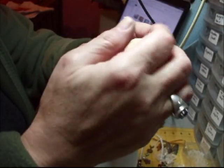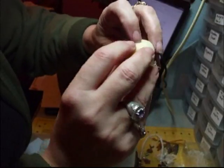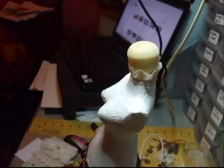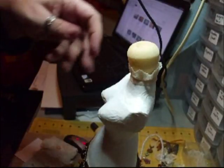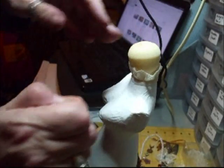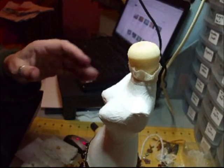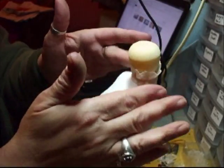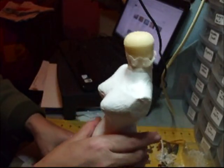There you go. Head plugged. Is it still filming? I haven't got a clue. Oh wait, 17 seconds to go, so at least you've seen me do that. Just improvise, that's what we've got to do. And then I'm just going to snip that, like that. Once the headpiece is on, you're not going to know. But I think that looks...